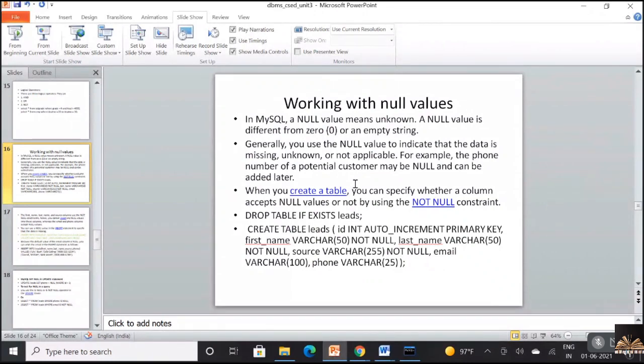Okay. And whenever you create a table, you can specify whether a column accepts null values or not by using the not null constraint. Already when we were talking about integrity constraints over relations, we have talked about not null. So whenever you feel that a particular field cannot take a null value, you have to explicitly specify that particular column as not null.